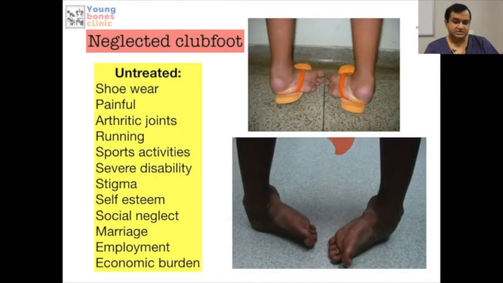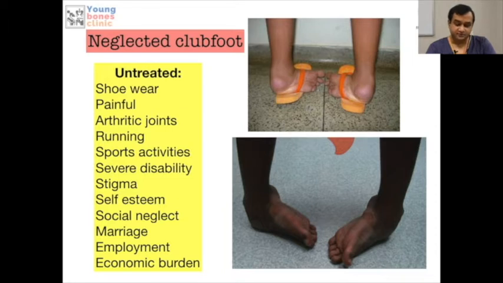Now this is a photograph of a neglected clubfoot. Why do we need to treat a clubfoot? We need to treat to avoid this. This is a disastrous outcome of a clubfoot, a deformity which can easily be corrected at birth with minimal intervention, with minimal resources, in a much more economical way. If we don't treat, this is what the children end up with in